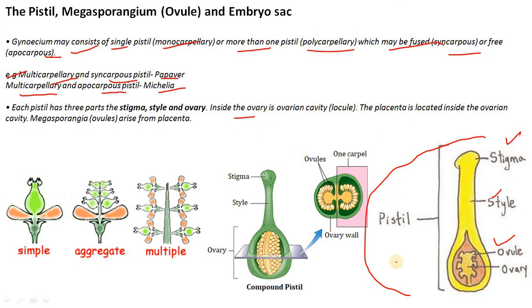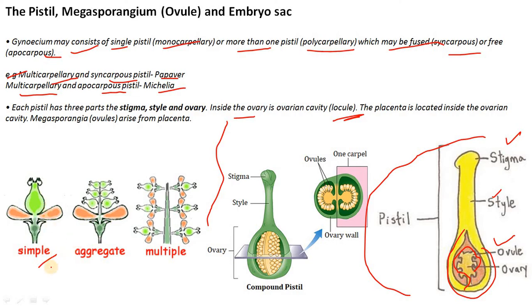Inside the ovary, the ovarian cavity is present. Okay, locule. It is known as locule. The placenta is located inside the ovarian cavity. This is the placenta and this is the ovule. And the megasporangia or ovules arise from the placenta. You may also refer to this diagram, which is more scientific or more schematic than this, and